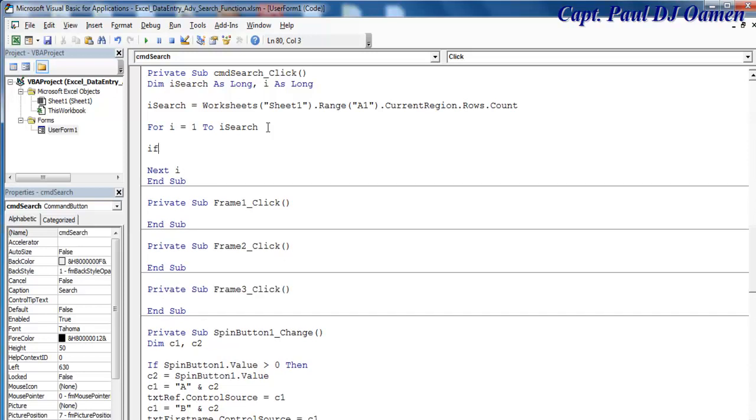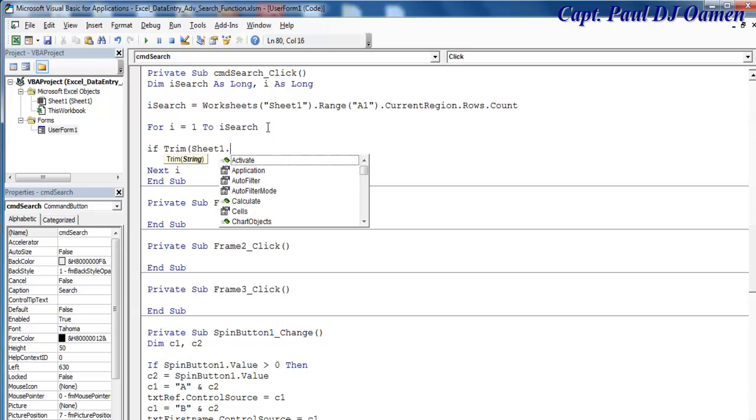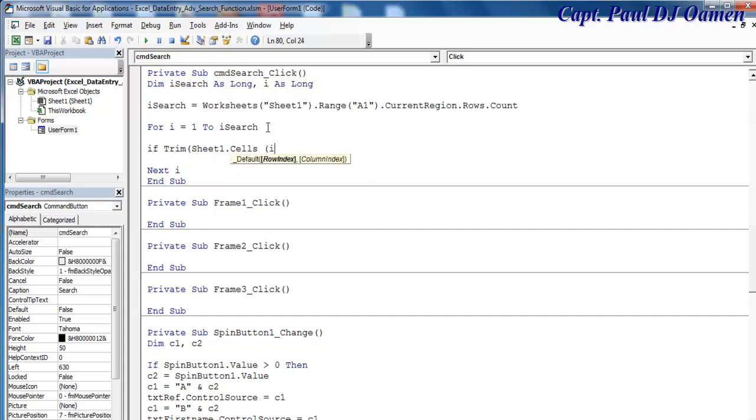So I'm going to use an if statement, if trim, that will be Sheet1 dot cells, open a bracket, and that's i1, close that, not equals string, and that is going to be, because I am using the search box, whatever I have in here, so dot text